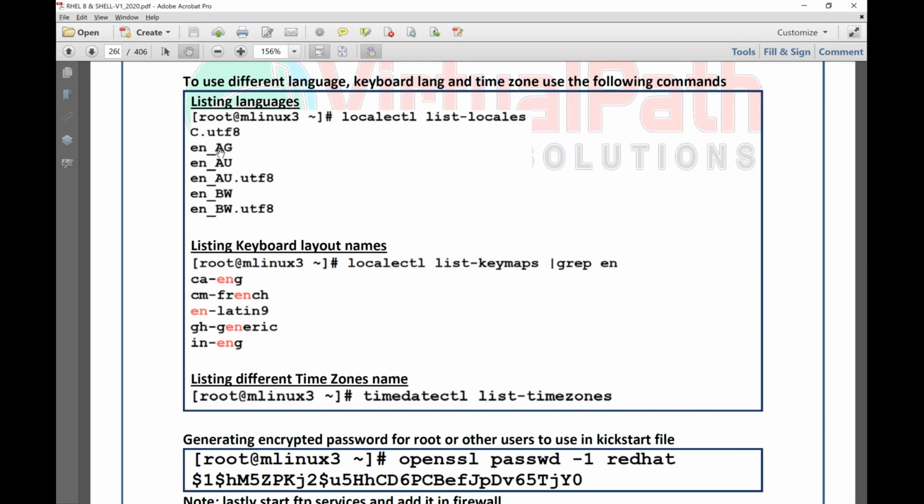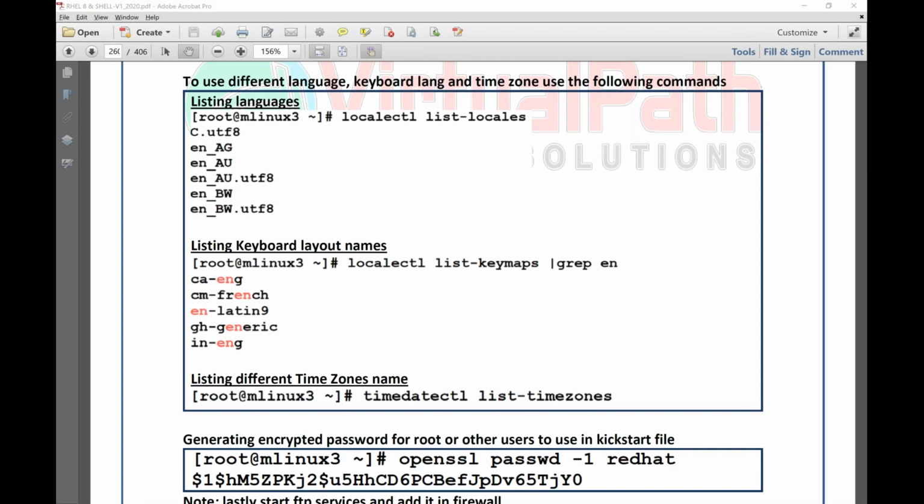This will give you different language support. And localectl list-keymaps. This will give you different keyboard support. So you can select the keyboard according to English or whatever language, Arabic or Spanish, whichever you want, and just mention it in your